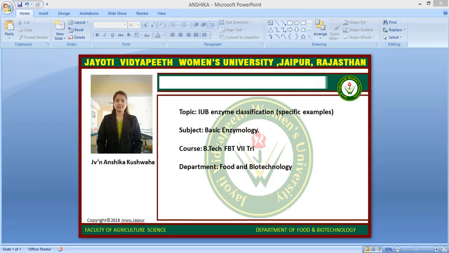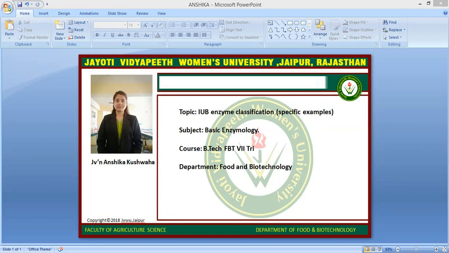In the IUB system, each enzyme has a name and a unique identification number. Each enzyme name consists of two parts: the name of the substrate, followed by a word ending in "ase" specifying the reaction, for example alcohol dehydrogenase. There are 7 major classes in this classification, based on the reaction they catalyze, and a 4-digit unique number, which is called the EC number.